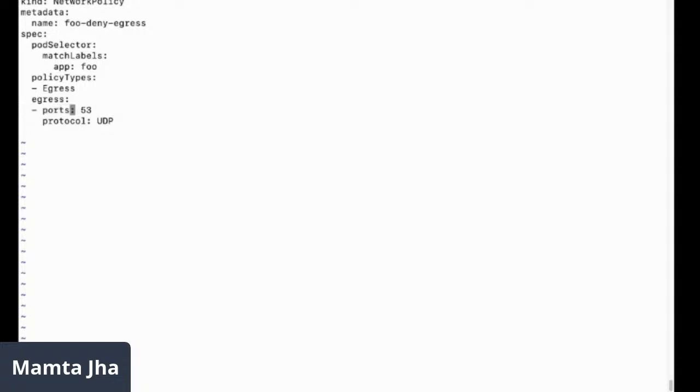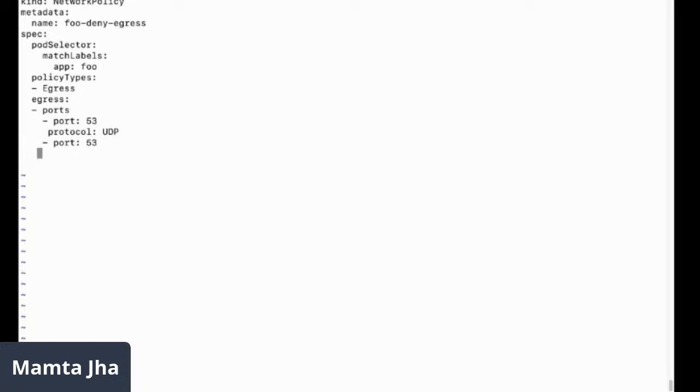I have to write ports, not port. Okay, I made a mistake here. Ports I would specify, and then this is a list again. Yeah, this is correct. So I have multiple ports inside egress. This is a list. First port is 53. Protocol is UDP. Now I would write another port number.